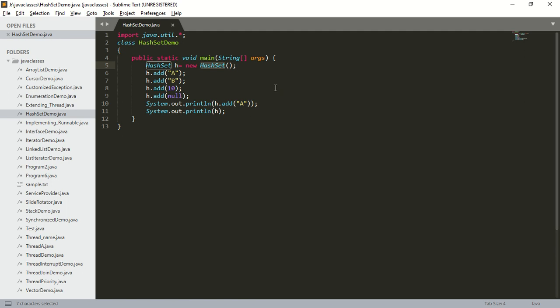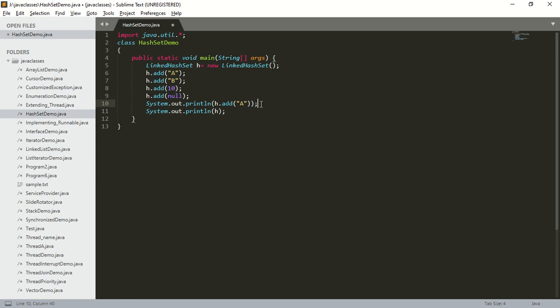Okay. So now what I'm going to do is, instead of hash set, I'm going to make this as linked hash set. You know that constructors and methods are the same in the case of both hash set and linked hash set. Here also I'm going to make it as linked hash set. So now tell me, does the linked hash set support heterogeneous objects? Yes, it supports heterogeneous objects. Null insertion is possible? Yes, null insertion is possible in the case of linked hash set. What about duplicate elements? No, duplicate elements are not allowed.